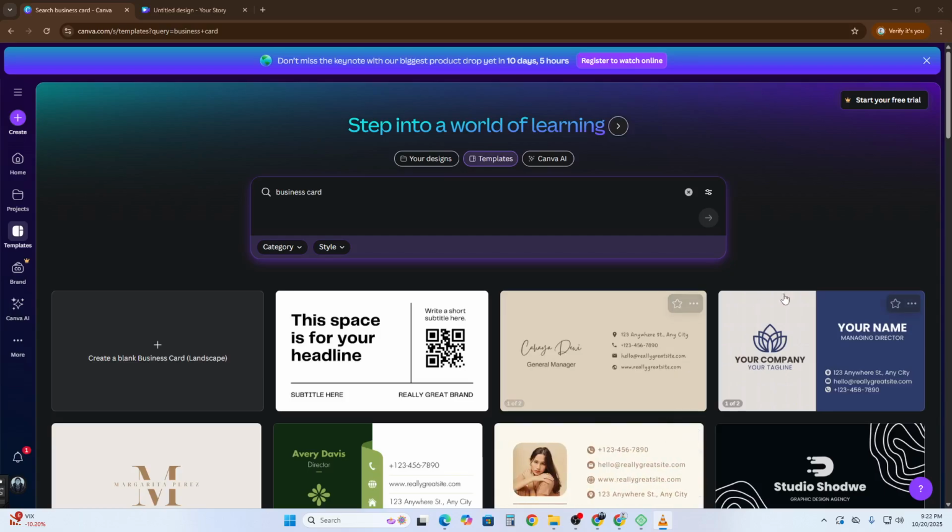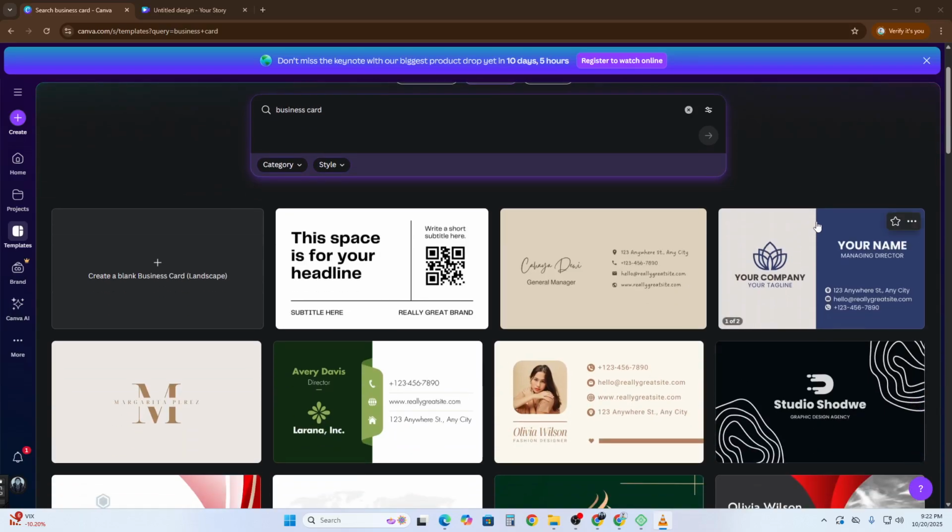Are you ready to create a professional business card that's modern, sleek, and tech savvy? Today, I'll show you how to design a business card with a QR code in Canva, and trust me, it's easier than you think. First, head over to Canva and either choose a business card template or start with a